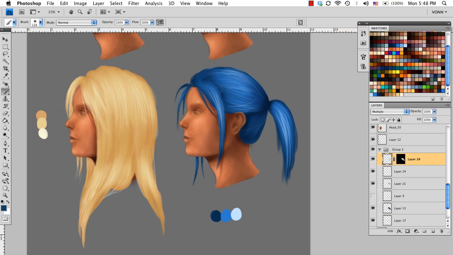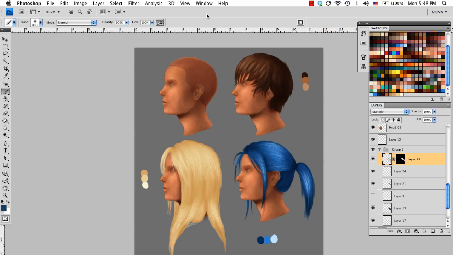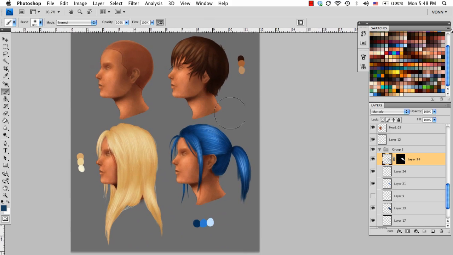And where it catches that edge right there. Okay,